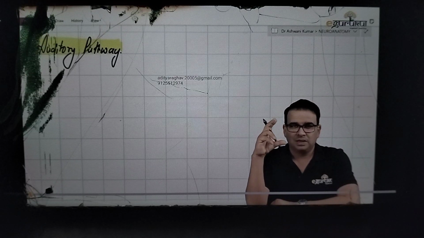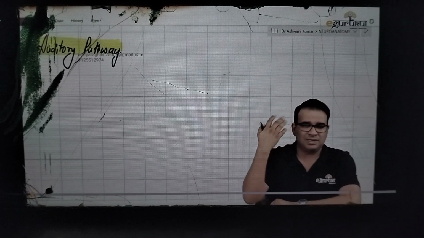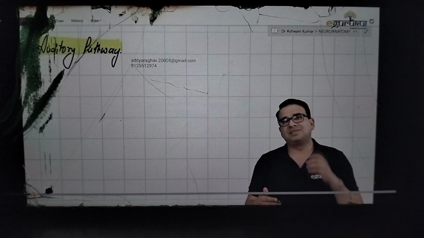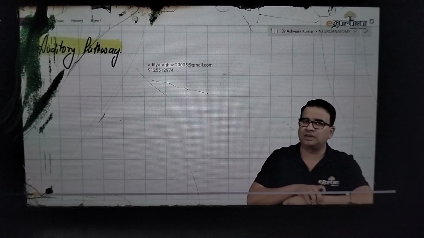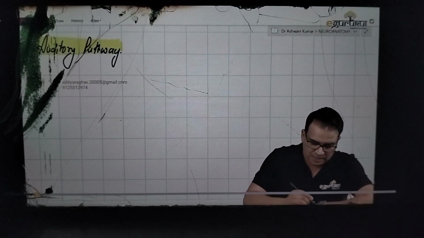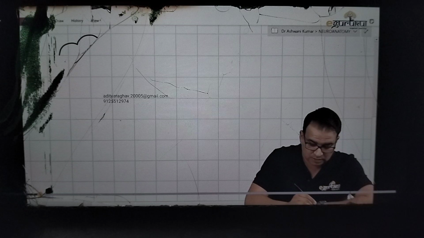Although when you look at the pathway, it begins from the ear and goes into the brain, so it doesn't have to travel a distance like the tracts from the spinal cord do, still the number of order neurons is more in the case of the auditory pathway. So first we're going to draw the plot for the auditory pathway, and then we'll see where those order neurons are. The highest center for the auditory pathway will be the auditory cortex,